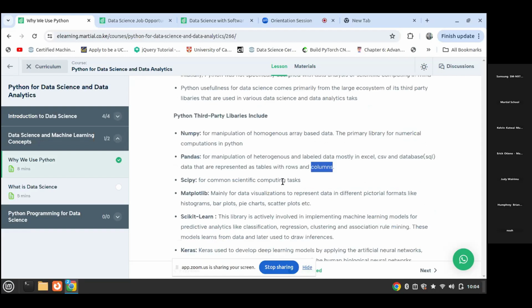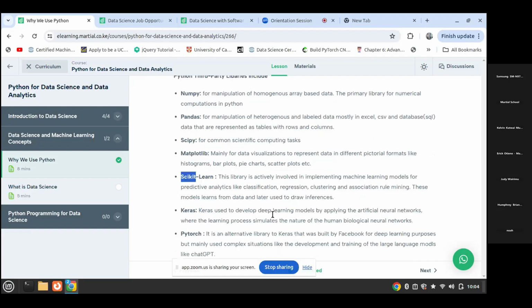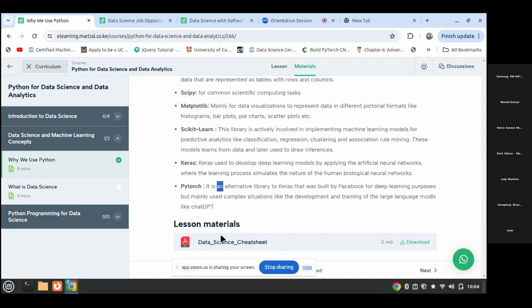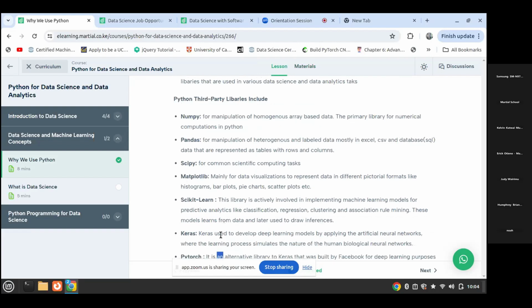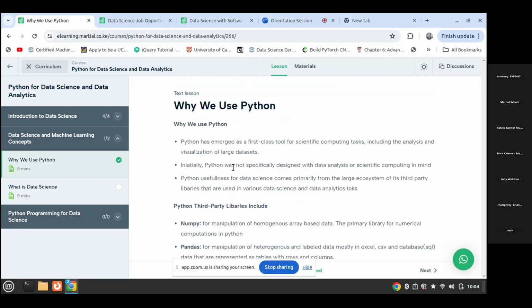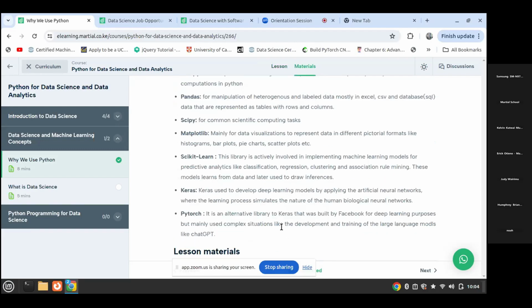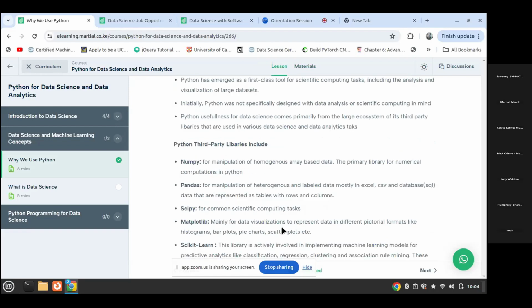So we have SciPy for scientific computing. We have Matplotlib for data visualization. We have scikit-learn for implementing machine learning, where we have supervised machine learning and unsupervised machine learning. We have Keras, we have PyTorch, and so on and so forth. I know right now they might not make that much sense to you, but I'm sure after understanding Python programming, we are going to understand why all these libraries I'm mentioning here are very, very crucial